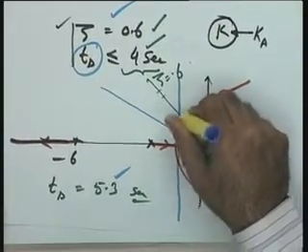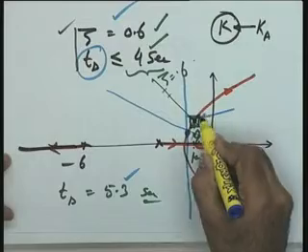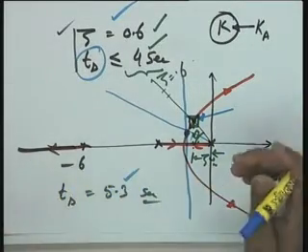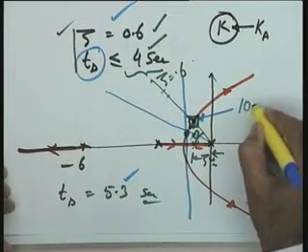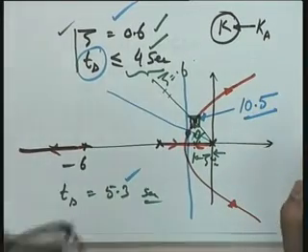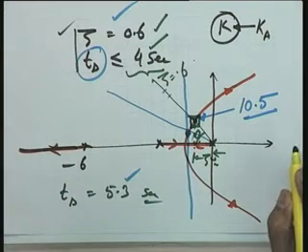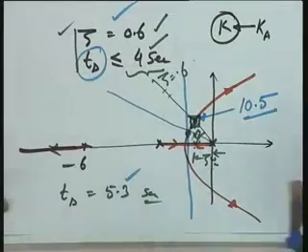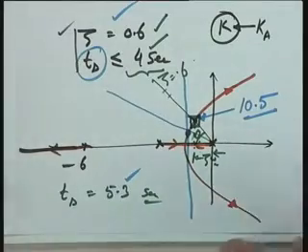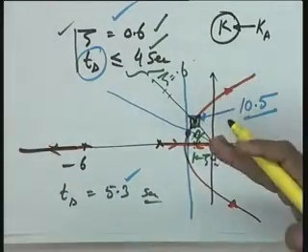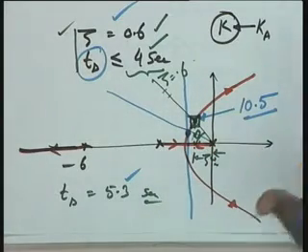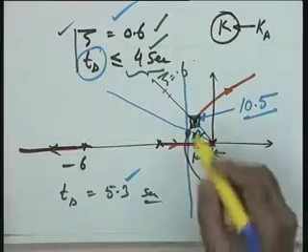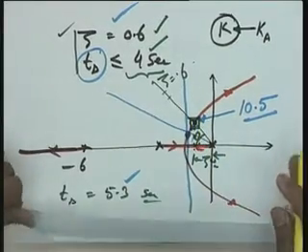Okay? At this particular value, the point of intersection which you have taken, what is the value of K? You will apply the magnitude criterion for the value of K, and the value of K in this particular case turns out to be 10.5. It was a different calculation in the tutorial class, but does not matter. As I told you, my calculations are also rough calculations and not obtained from the computer. Okay? So, this is a rough sketch, and the final design if I have to give to the user for this particular system, I will use the CAD software and give him the final design. So, as per the calculation available with me, the value of K at this particular point is 10.5.